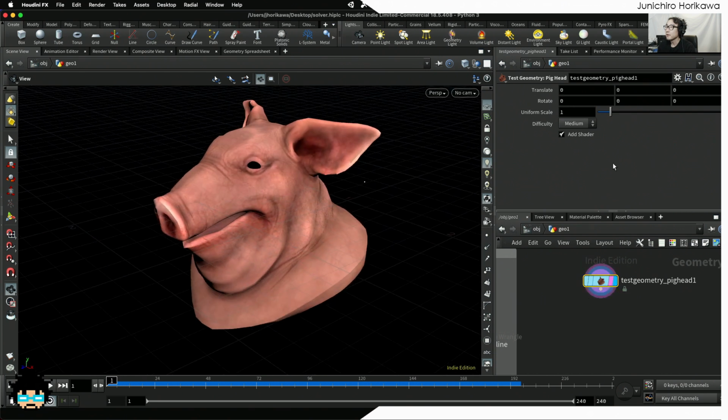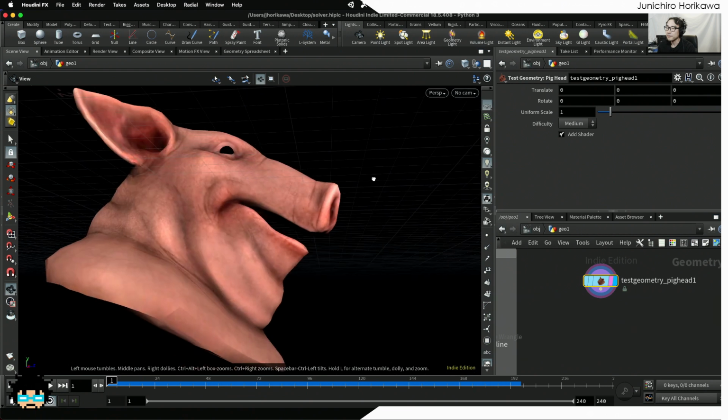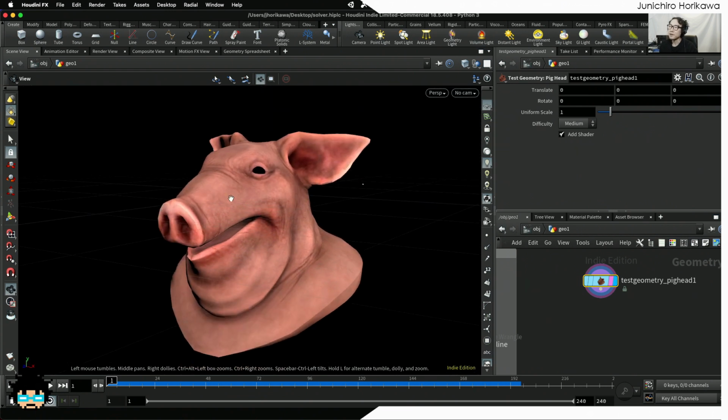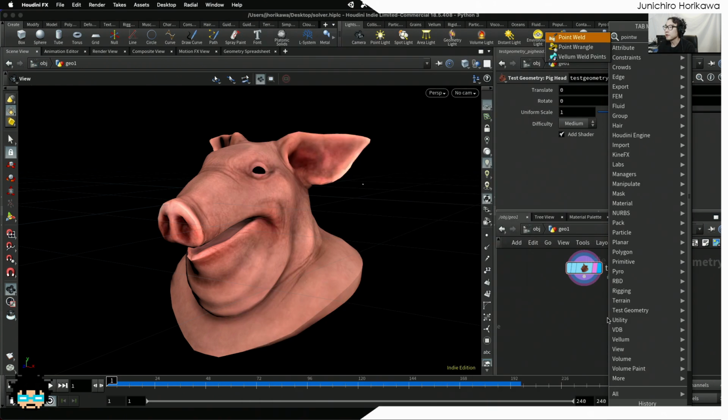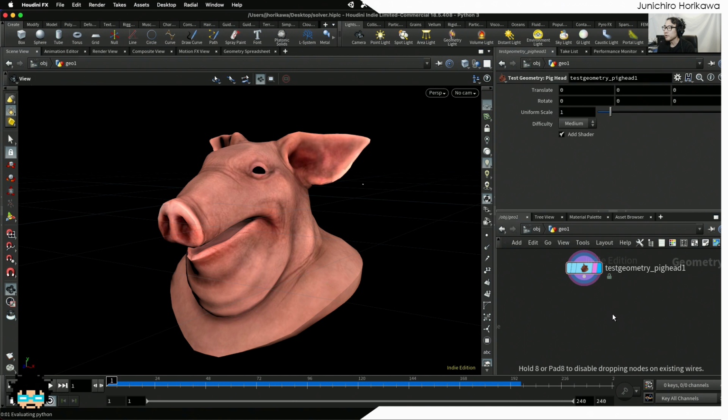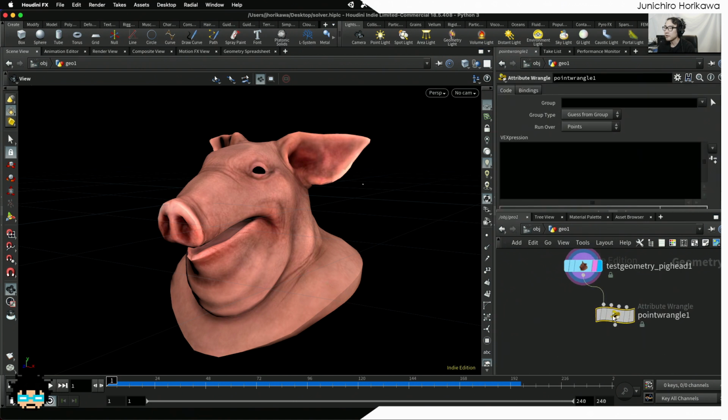Now, what I'm going to do is create a vector field on top of this geometry, this pig head, and use it as a guide to move the points. So first of all, I'm going to create an animated vector field using a time-based noise function. Then I'm going to use that as a guide to actually move the points based on the direction of the vectors. So I'm going to first create a point wrangle to create a vector field in each point of